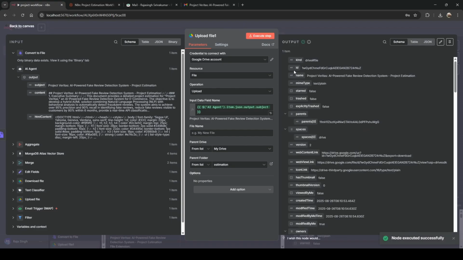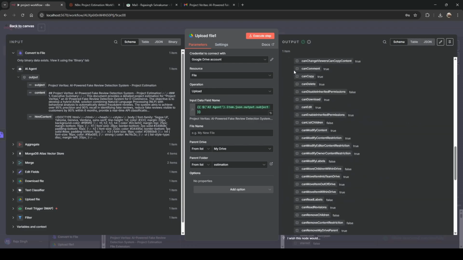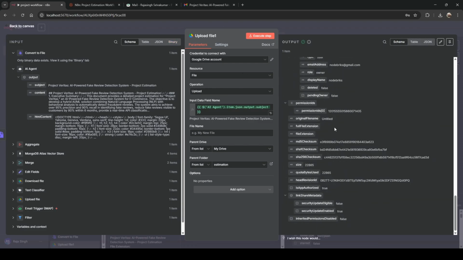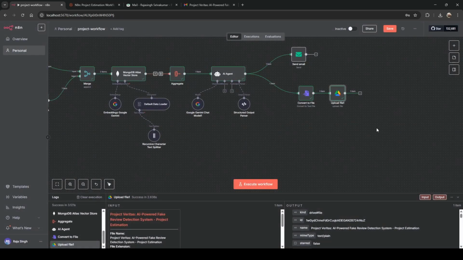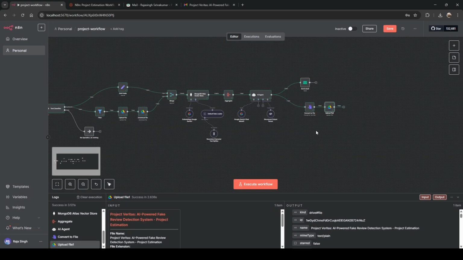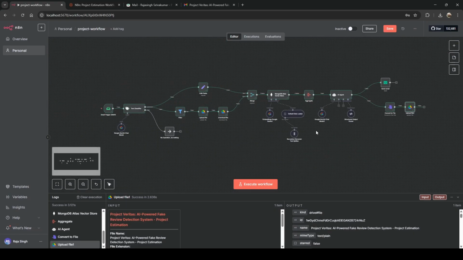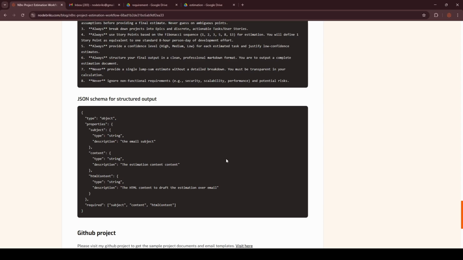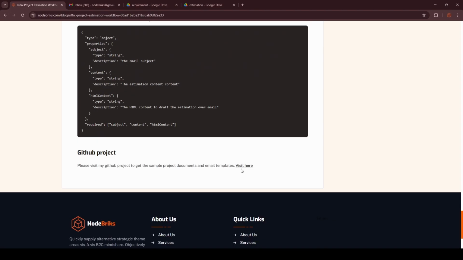Alright, we have uploaded our entire text document to our drive as well. So this is the complete workflow which we have built for this video. So let's see the demo of this entire workflow, how it's working in real time. Just wait a second. Before we execute the workflow, we have to send some sample email to the source email